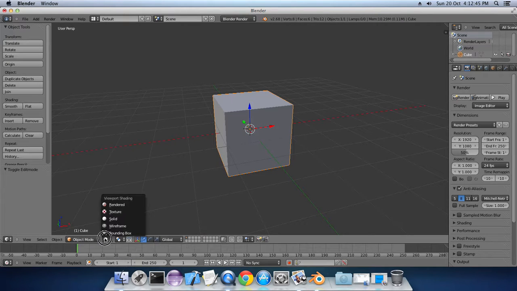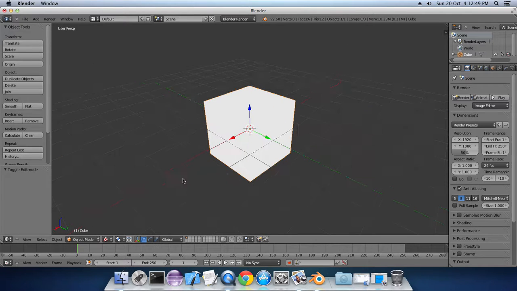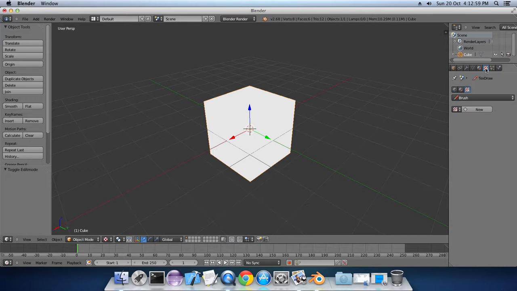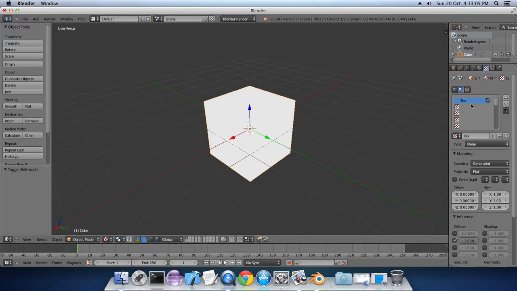Okay, select the display to the texture. It is currently totally white because we don't have a texture here. So to assign a texture, go to the texture tab. This is the texture tab. Before doing that, we have to select a material, and for that there is a default texture.